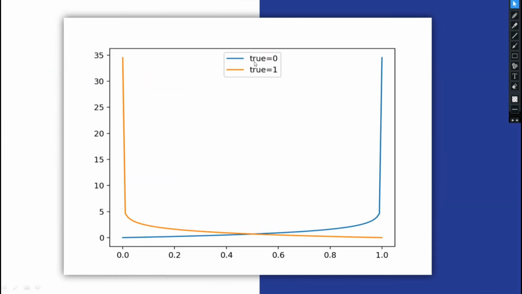Blue line is for class label 0 and yellow line is for class label 1. As the class label is 1, if we predict class label perfectly, then our model's log loss error lies between 0 and 0.2. This is effective, as log loss error will be low at 0.0.